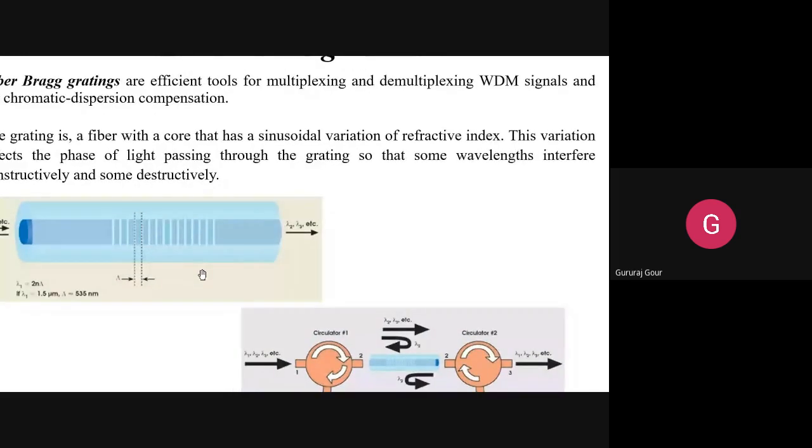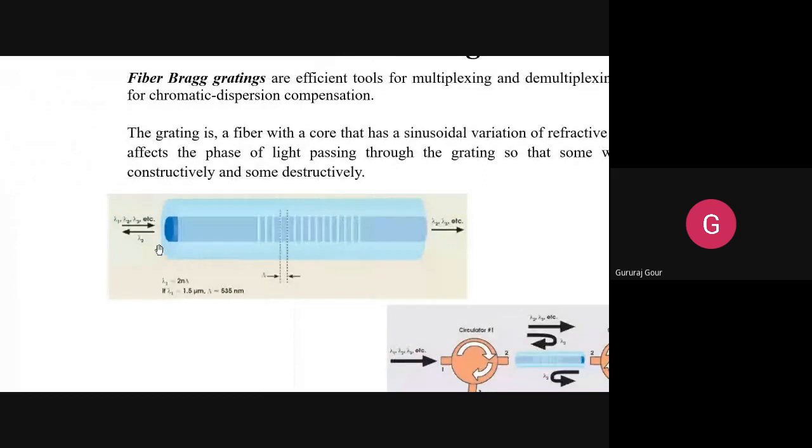If you look at this, we are letting the optical ray having the wavelengths lambda 1, lambda 2, lambda 3 flow from left to right through this grating section. The grating section means it has sinusoidal variation of the refractive index. So initially it contains lambda 1, lambda 2, lambda 3. Then while going out, we are getting only lambda 2 and lambda 3. Lambda 1 will be dropped out.